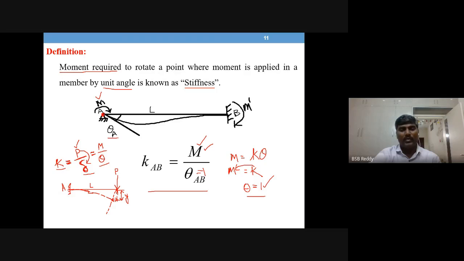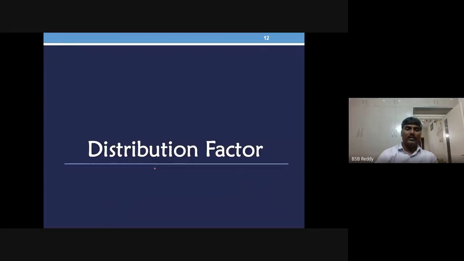And you have to understand that the moment applied and theta are at the same location. So in simple words, stiffness is the moment required to rotate a point by unit angle. Right, let's go to the next